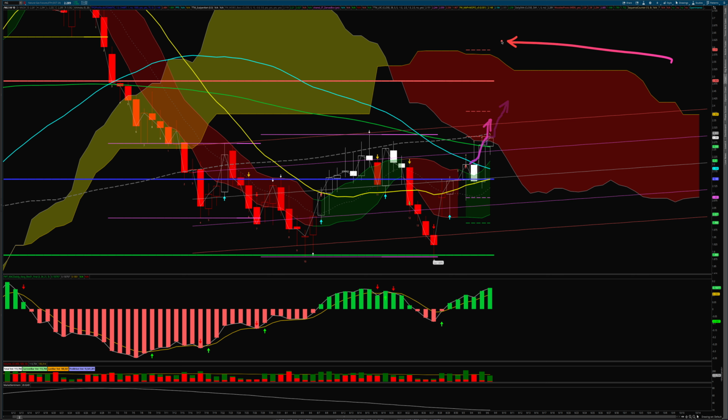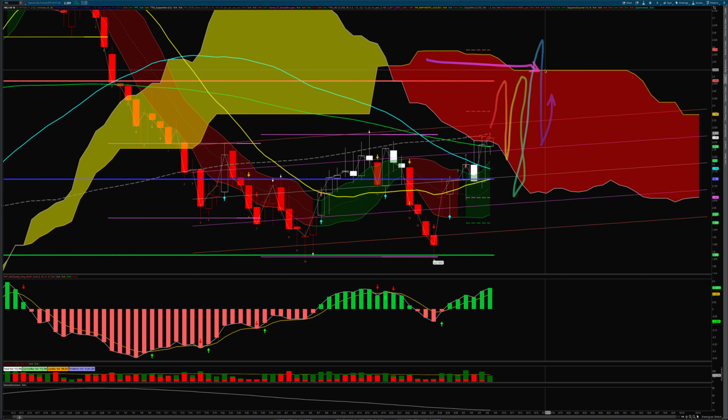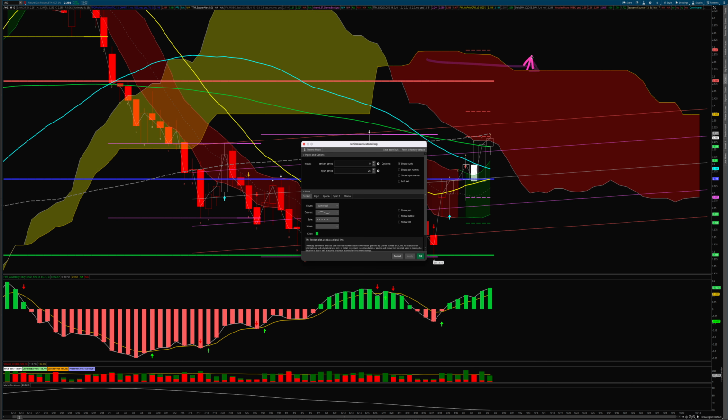Now, remember one thing, according to the Ichimoku theory, once you're in the cloud, prices get very wild. So you're going to get a lot of erratic movement. This is not bad when it's just consolidating. But now when you get here, according to the theory, we'll see how the price action is going to behave, but it gets a little wild in here until you could break above 252 and close